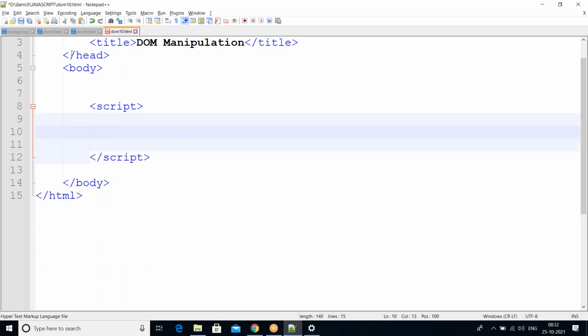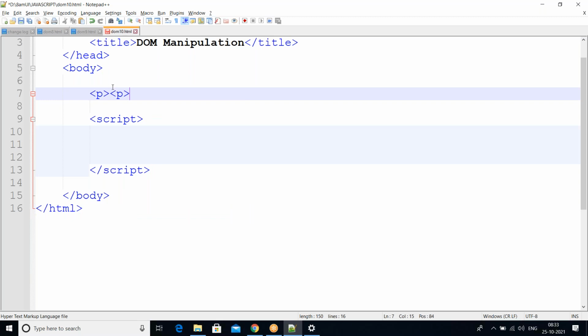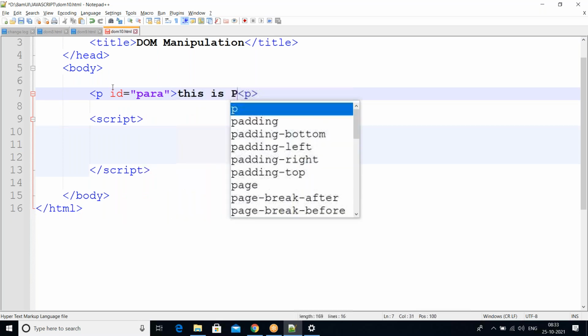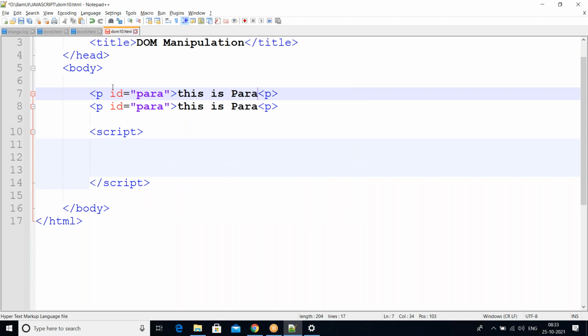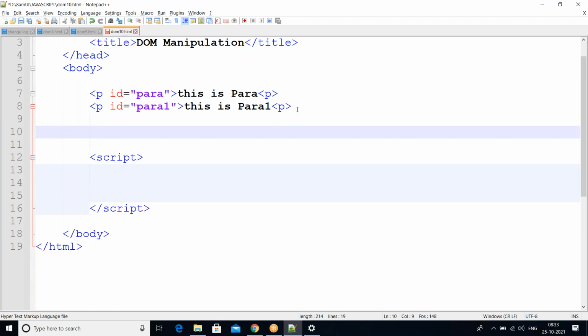Okay, so for example, you have some elements in the document. Paragraph tag open, paragraph tag close. Definitely here we have to identify based on the ID. ID is equal to para. This is para 1, and the ID is also para 1. Something like this, you are having elements. If you want to remove by clicking the button, so now you can see